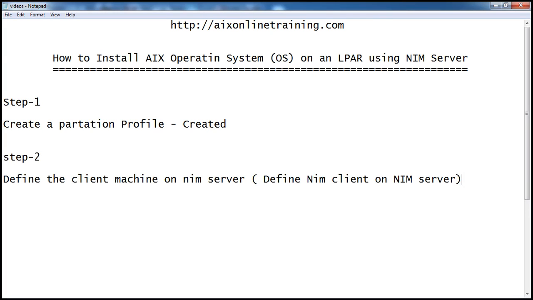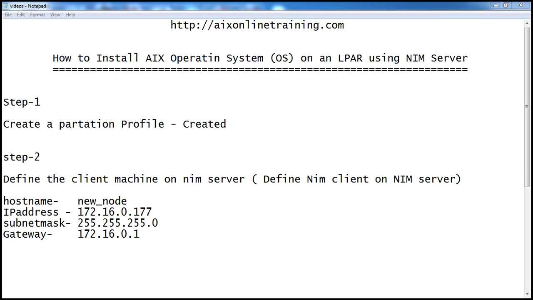Step 2: define the client machine on the NIM server, that is, define the NIM client on a NIM server. Before defining it, we need to collect the information: the host name you are going to assign to this newly created partition, and the IP address, subnet mask, and gateway.